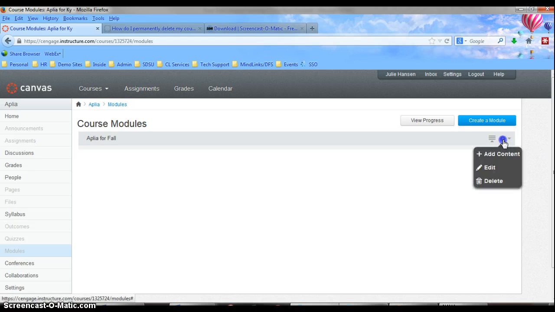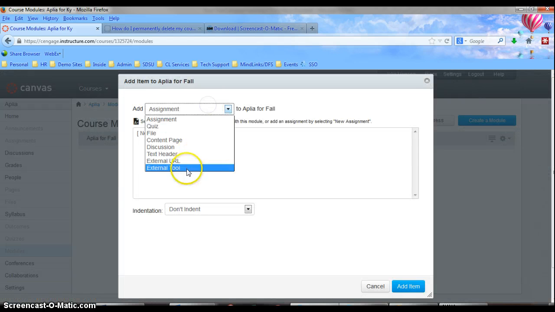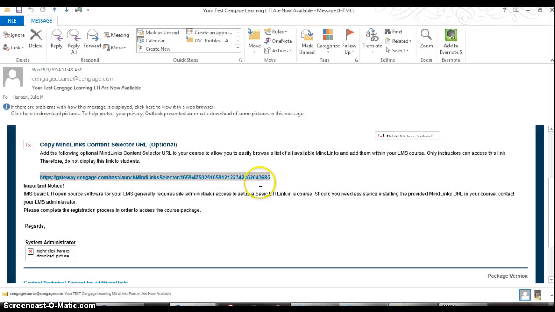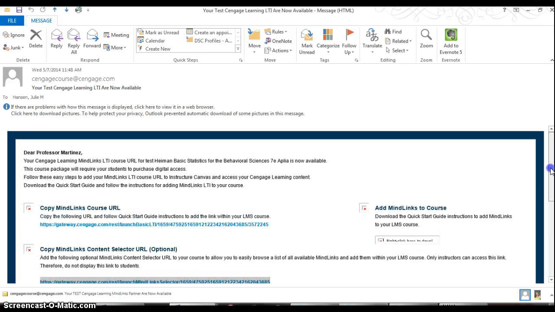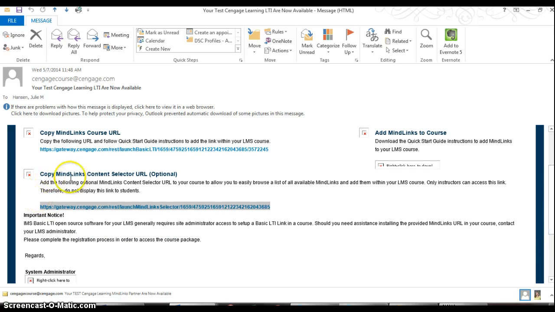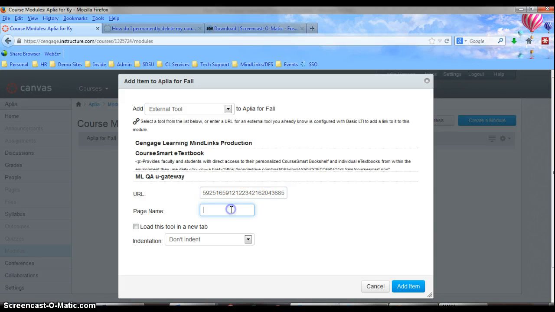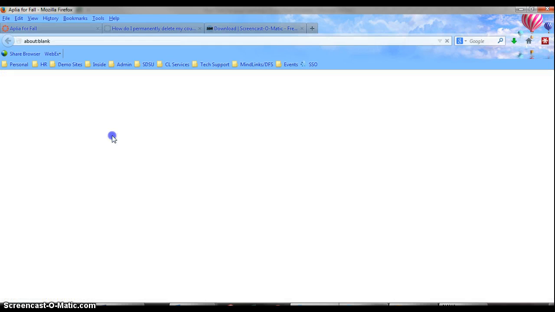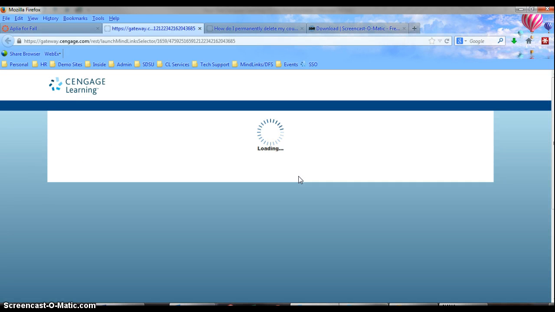And from here, I'm going to go and add content, and I'm going to add an external tool. And the URL I'm going to use is this one that I got. I'm testing one out from Rick, and it's a hymen. So I'm going to take the URL from the copy mine links content selector optional, throw that into here. I'm going to call this Aplia for fall, and I'm going to load it in a new tab and add the item. Okay, so from here, then you click on the link, you test it out,